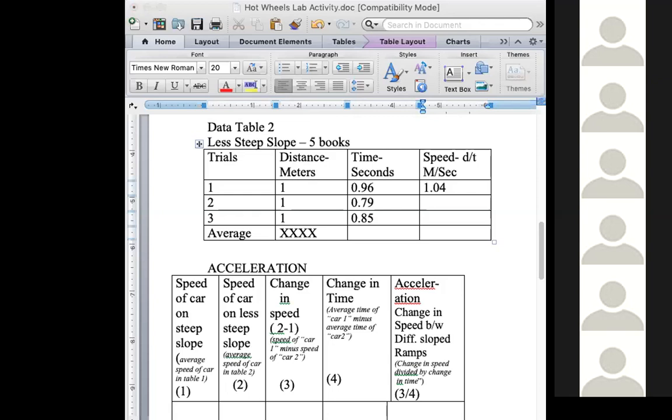And then let's see, I'm gonna get Toby. No, you already did 1. Let's see. How about Andrew? Andrew, I'm gonna have you get the speed for trial 3. Raise your hand when you have it. And then last one, Mason, I'm gonna have you,